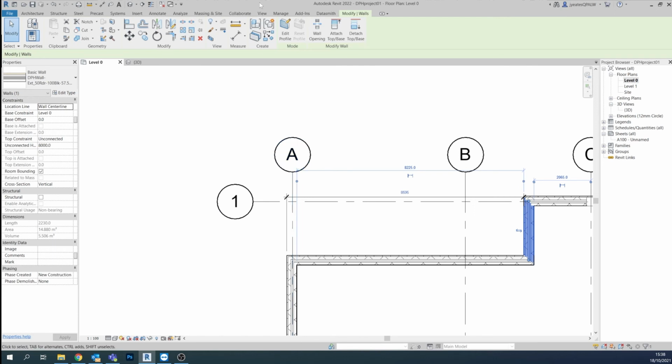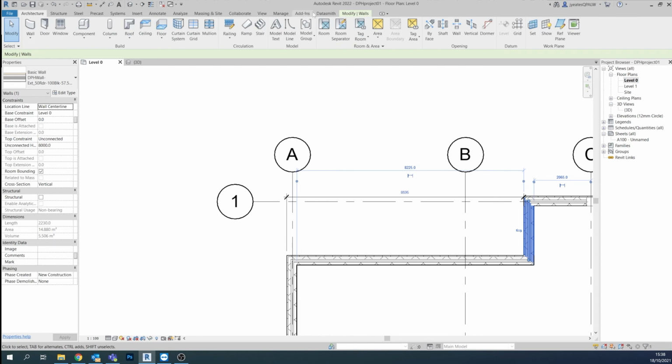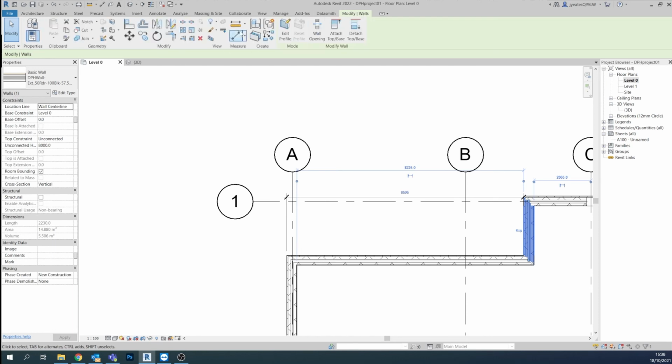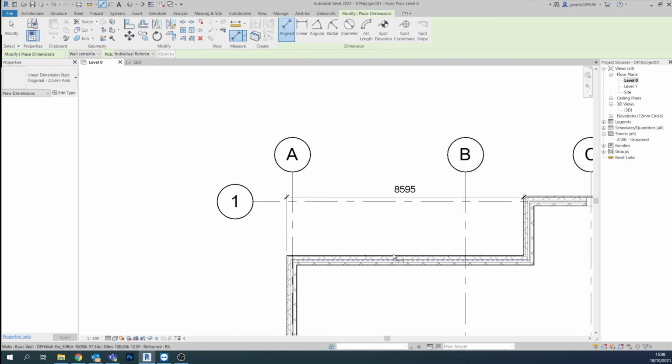So let's do that again. Let's add another dimension. Here's the dimension tool, and we're going to select this outside edge. So I'm pressing tab, and I'm going to select this outside edge, tab once and click, and here we go. So we currently have a dimension of 2230, and this is actually the main entrance to the building. This needs to be